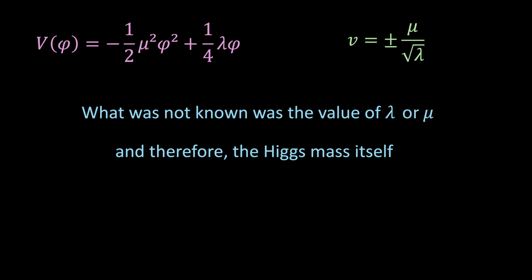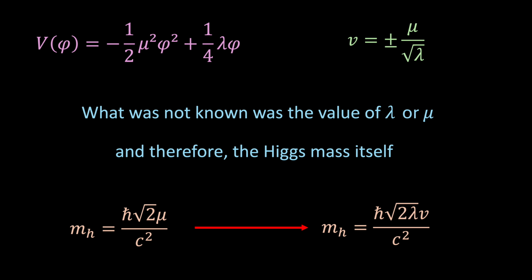As we've already seen, the mass of the Higgs boson can be written in terms of mu, and then using the relation between v, mu and lambda, this can be equivalently expressed in the following way. And so, although the resting value v was already known experimentally, the steepness of the Mexican hat potential, set by lambda, was not. And because of that, the precise mass of the Higgs boson could not be predicted in advance. Until the particle was finally observed, the true shape of the Mexican hat potential remained hidden.